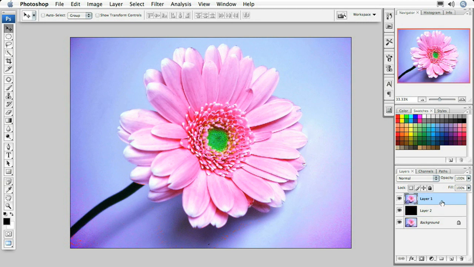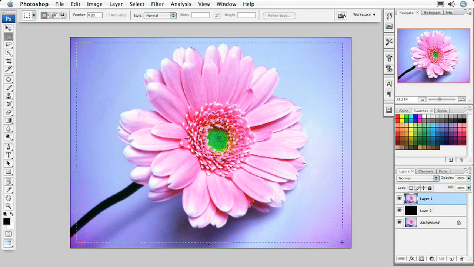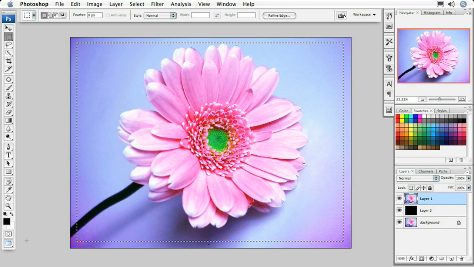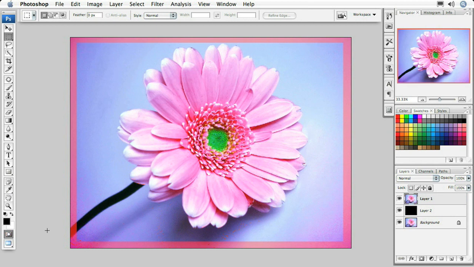Now what I'm going to do is select the top flower image here. I'm going to go up and make a selection just inside all the edges here with my rectangular marquee tool, just like so. Now this can be as big or as small as you want it, depending on how big you want your border to be. And then I'm going to come down here and I can either click on the Quick Mask icon, or I can simply hit the Q key on my keyboard and I'll jump into Quick Mask mode. And you'll notice that you're in Quick Mask mode because you'll have this nice light red overlay over the edges